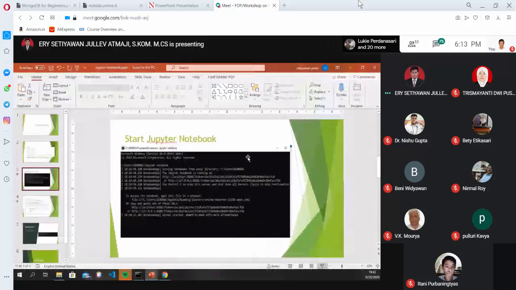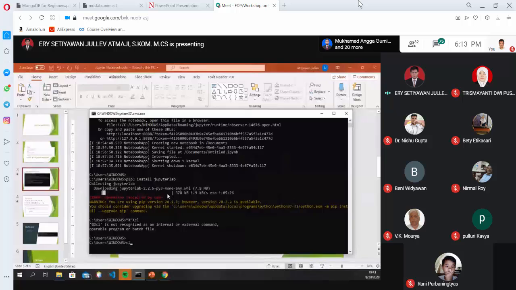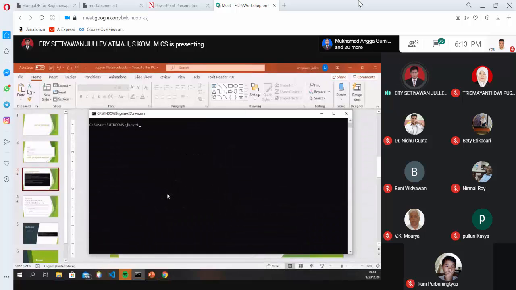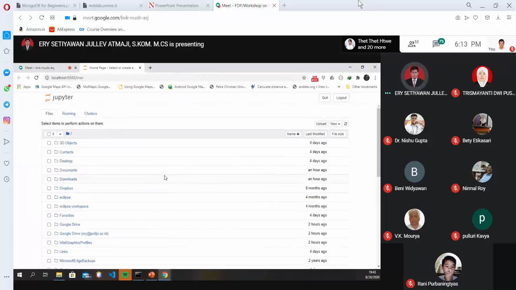Basically, I already have Jupyter, so you just type it if you have already installed it. The Jupyter Notebook is just like this one. If you have two Python machines on your computer, you can select one of them.